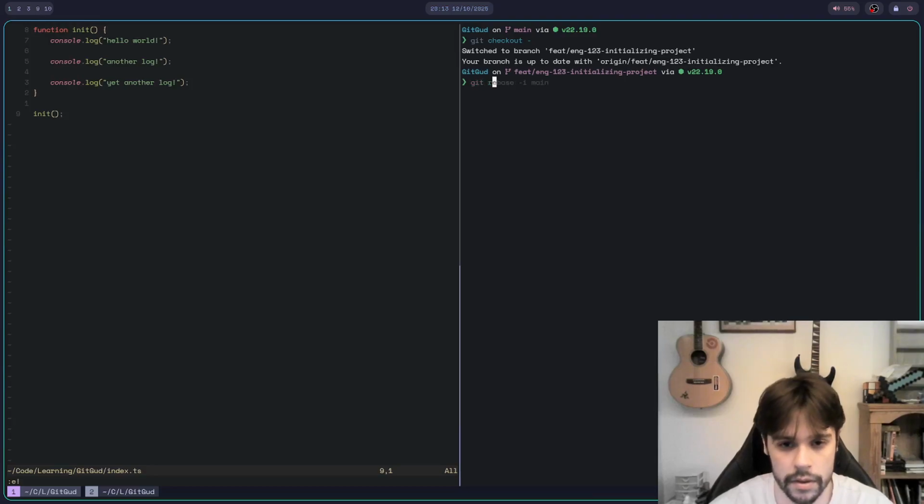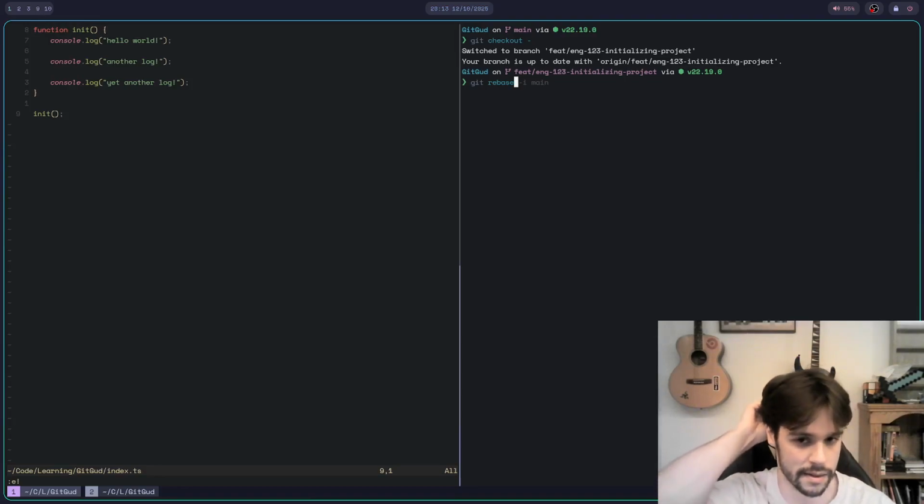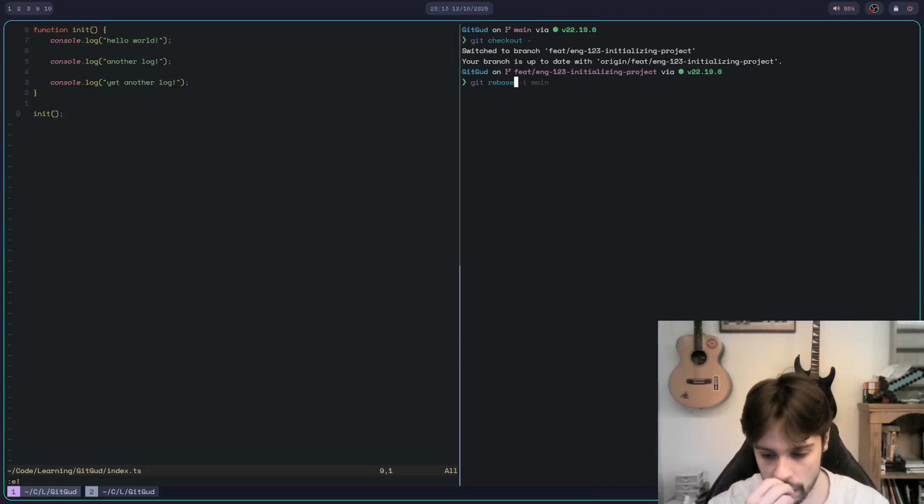So, like you normally would, you don't merge from main because that creates a really ugly tree. It creates merge commits, which I think are quite ugly. So what I'm going to do now is I'm going to rebase from main,